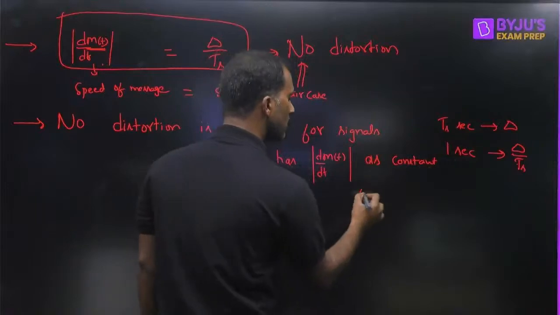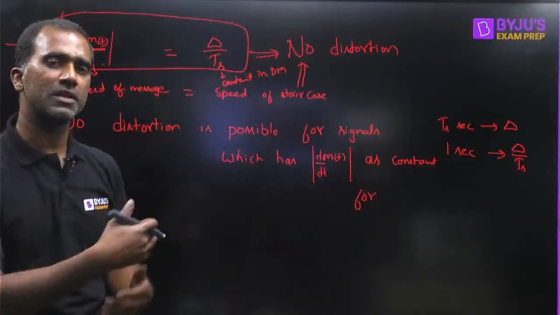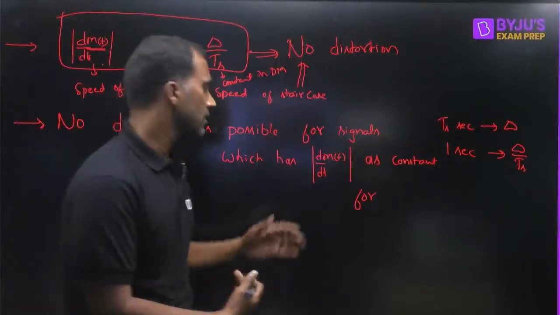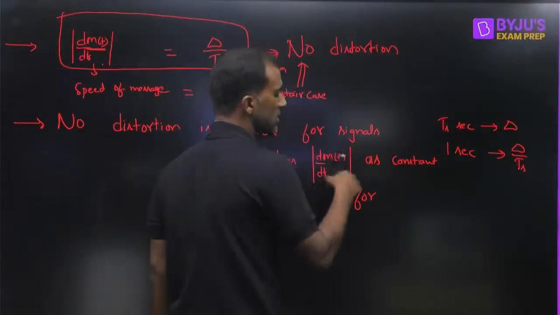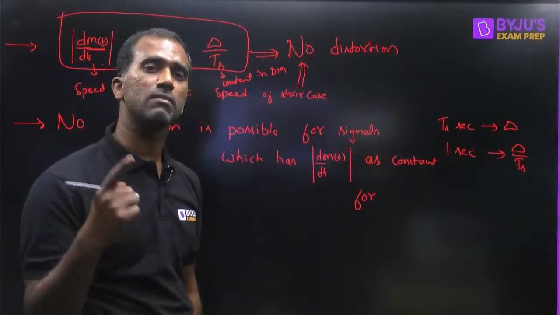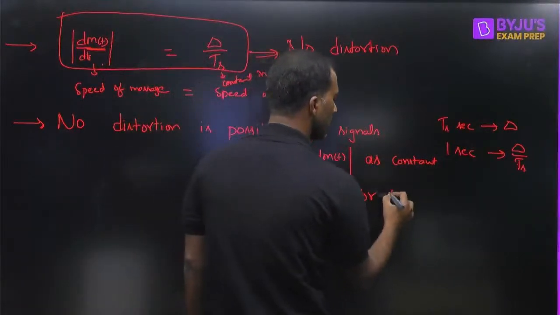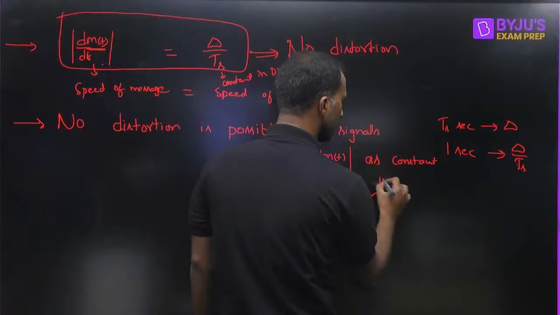As constant for whatever duration they exist, because a signal cannot exist for infinite duration. For whatever duration they exist, for that duration it should have constant magnitude of slope. It's not constant slope, mind this, it's constant magnitude of slope. Constant for the duration of time